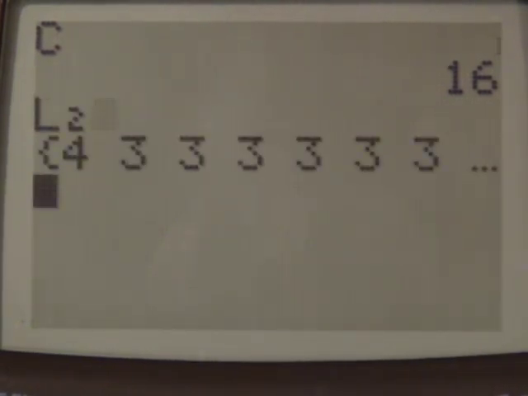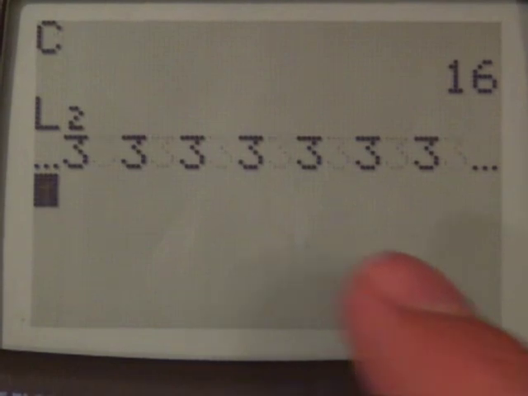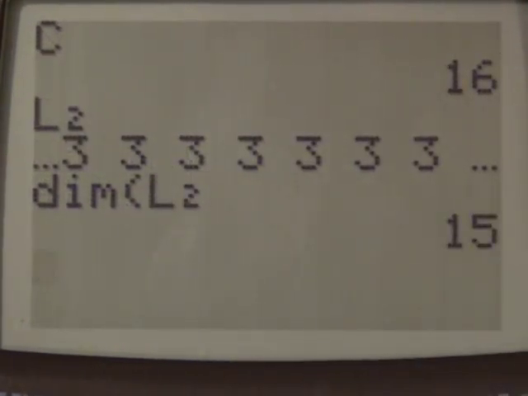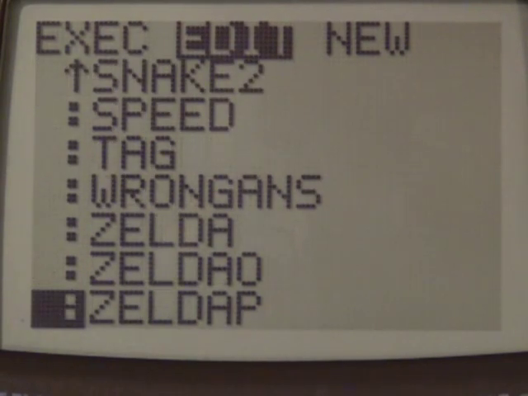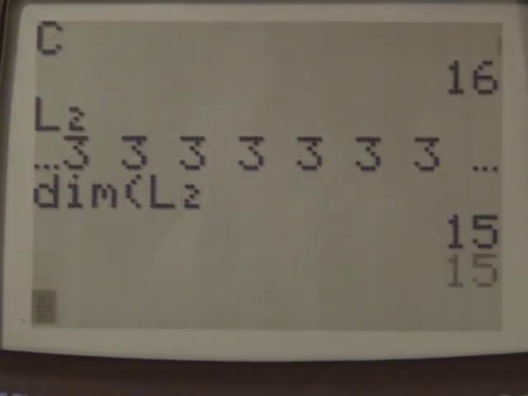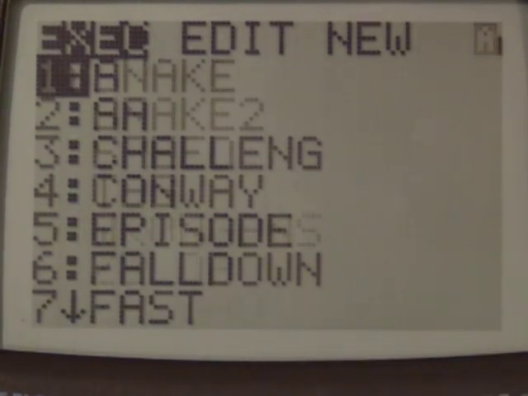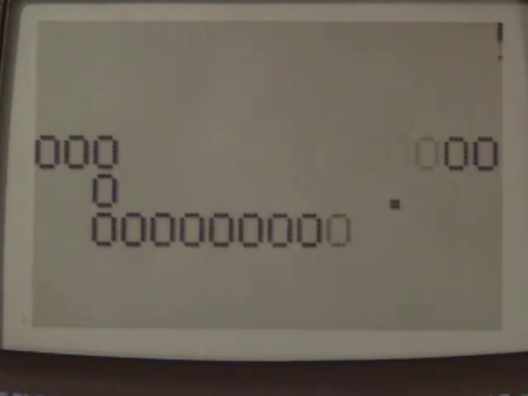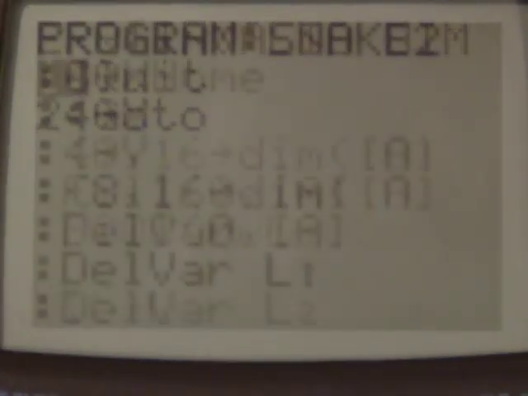List 2, I'm going to say the dimensions of list 2 is 15. Well, actually, where did it get tripped up? I'm kind of curious now where it actually got tripped up, because we shouldn't be accessing